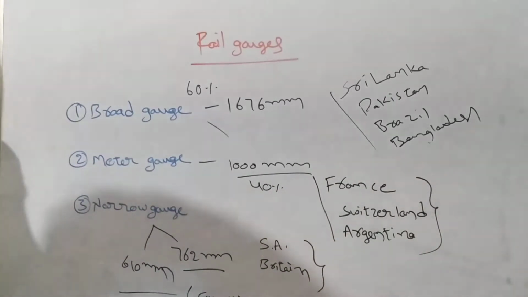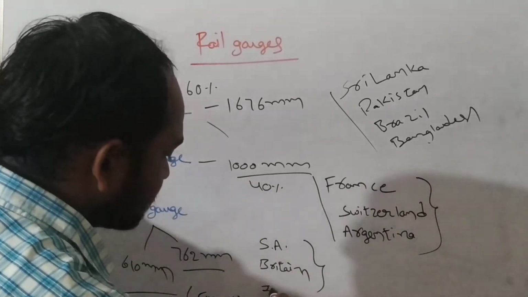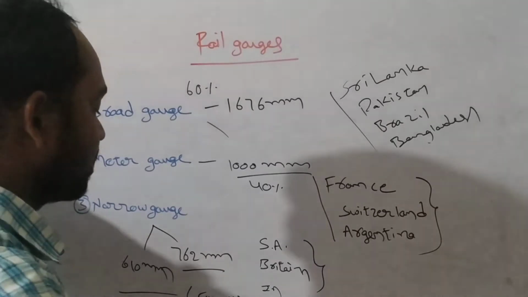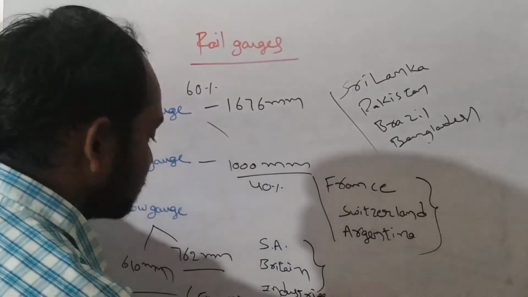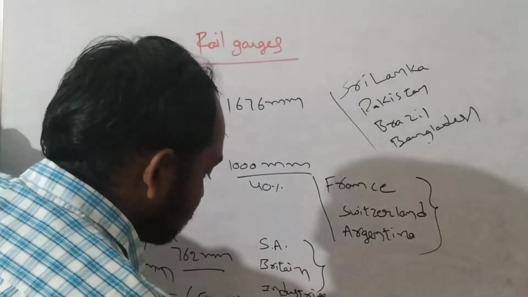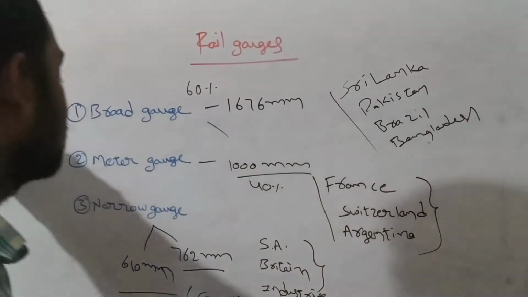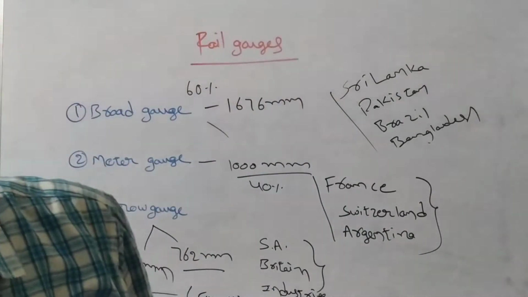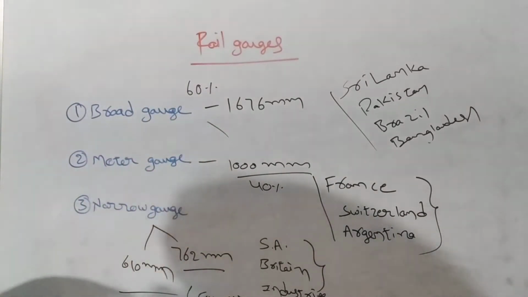The narrow gauge can also be employed for industries, only to convey goods or products from industries and agriculture. Understand? So in this case we can use narrow gauge. And narrow gauge can also be used for tourist purposes. In our India, we are using narrow gauge on less than 10%. Okay, so these are the three types of gauge distances which are used in India: broad gauge, meter gauge, and narrow gauge.